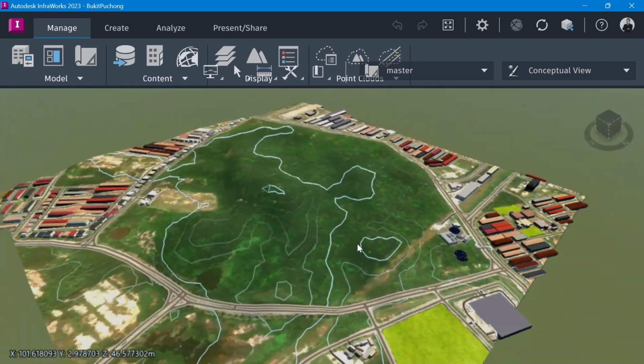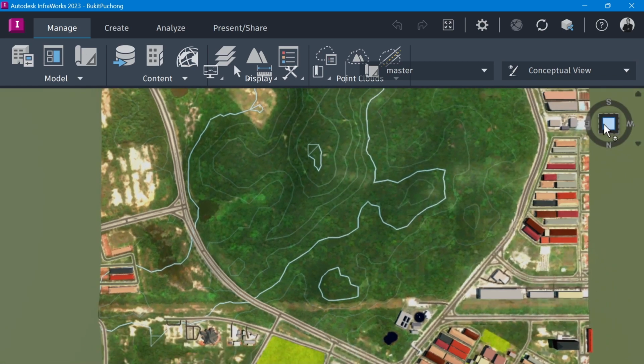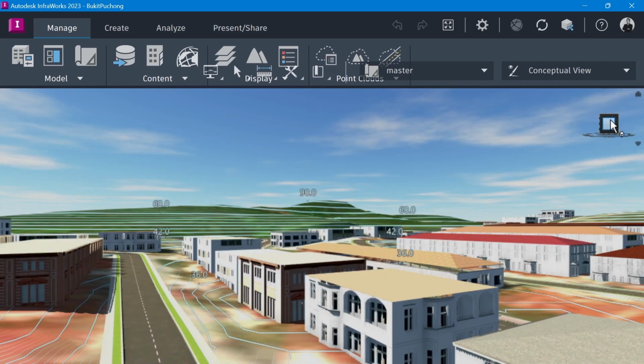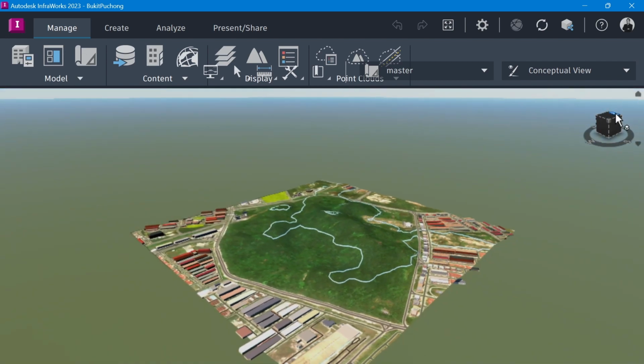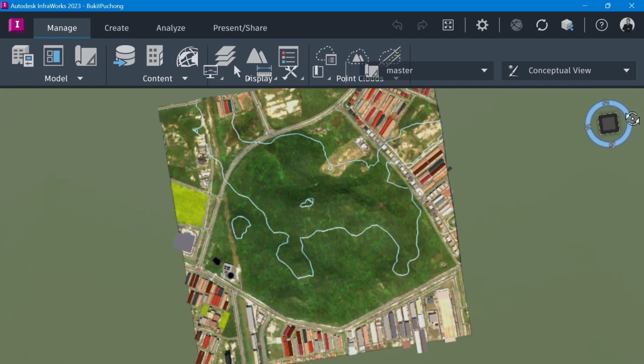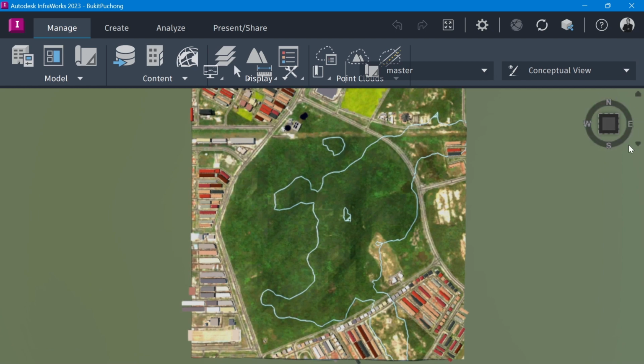So this one is to rotate, and also you can use this cube on the right top here. You can see from a top view, and when you press the north or you press home here, it gives you the proper north, like that. There is also a triangle down here, the context menu.